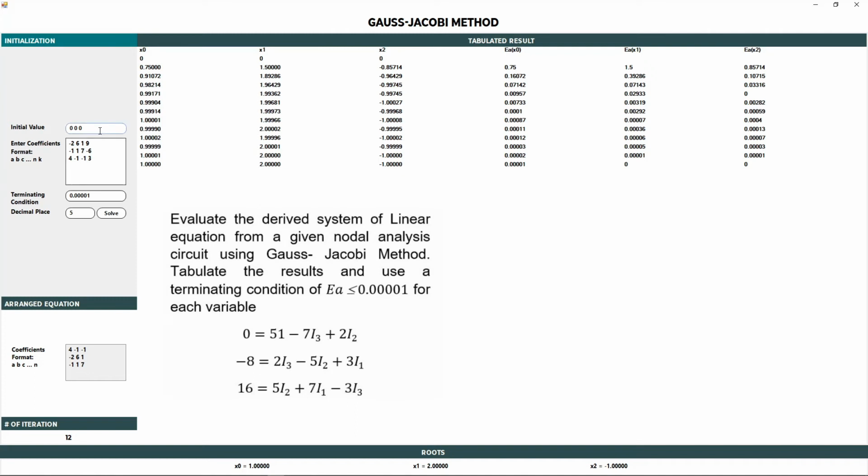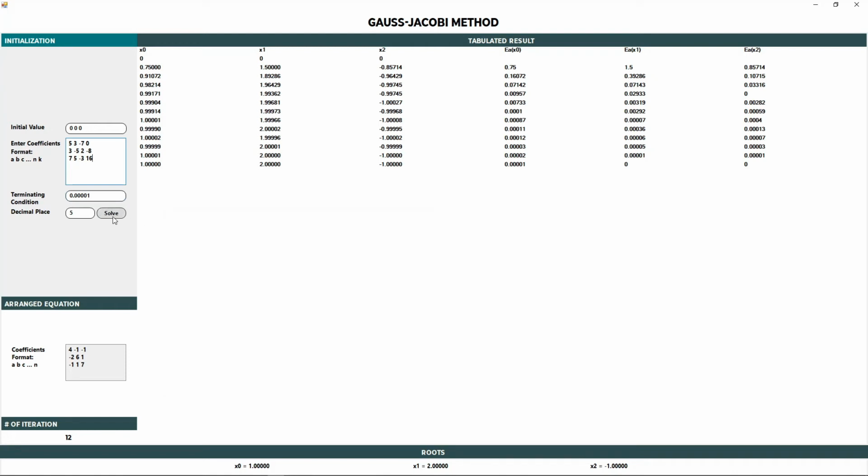Okay, let's have another example. 0, 0, 0. Then for the coefficients, let's say that we have the first equation as 5, 3, -7, and 0. Then the next one is 3, -5, 2, -8, 7, 5, -3, 16. And also we will use the same terminating condition and decimal place. And if we click the solve,